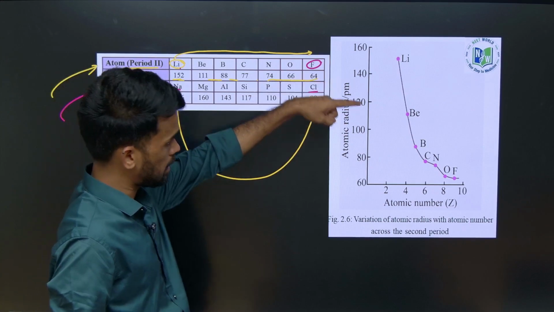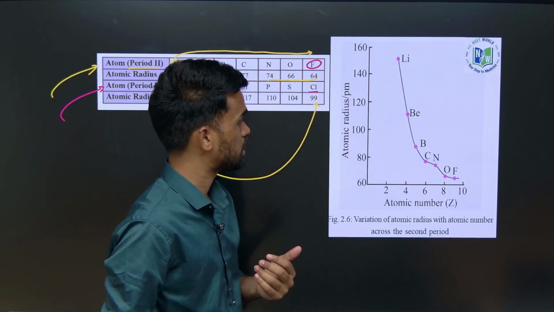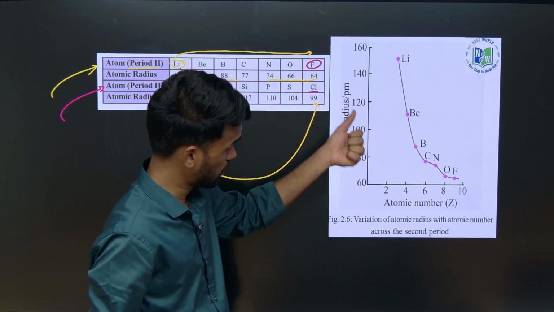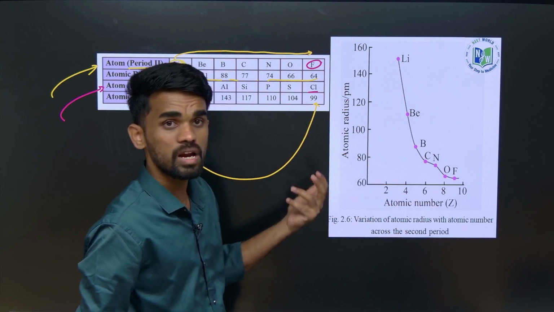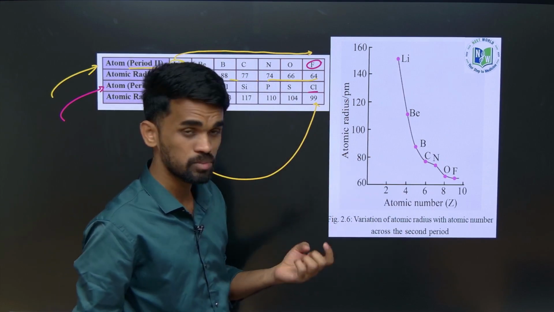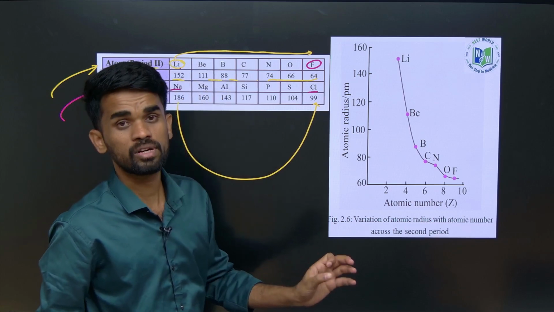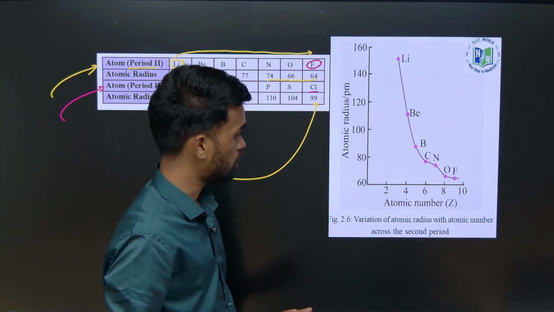So this is practical data. We have a graph also, graphical representation also. Okay, you should be aware of these graphs also. They may ask in terms of graphs also. You should need to identify them. So once again I am reminding that you should not miss any line from the NCERT while you are preparing.